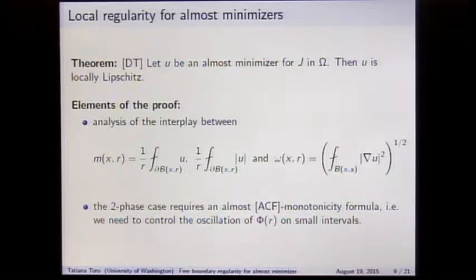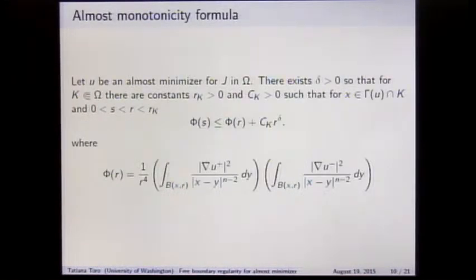Since I know some of you like monotonicity formulas, and these might be useful, let me tell you what our almost monotonicity formula looked like. So it was exactly the same, basically. If you use an almost minimizer for the two-phase problem, there exists a small delta, depends on alpha and on n, such that at small scales, if you don't have that this is a decrease, this is not an increasing function, but it's almost an increasing function. There's a little error, okay? And here is the same functional that they had. And so we combine these tools to prove that the almost minimizers are Lipschitz.